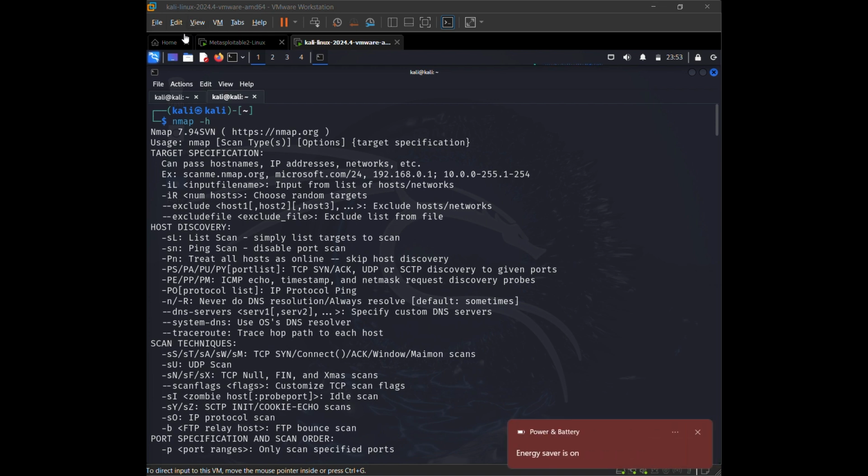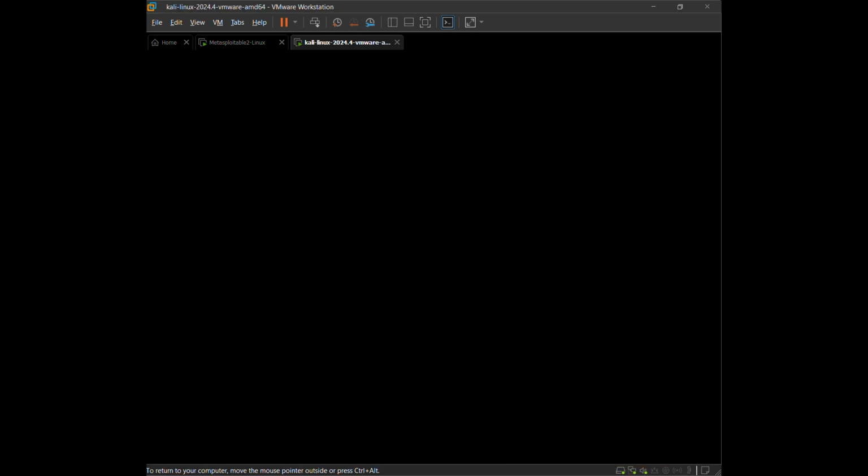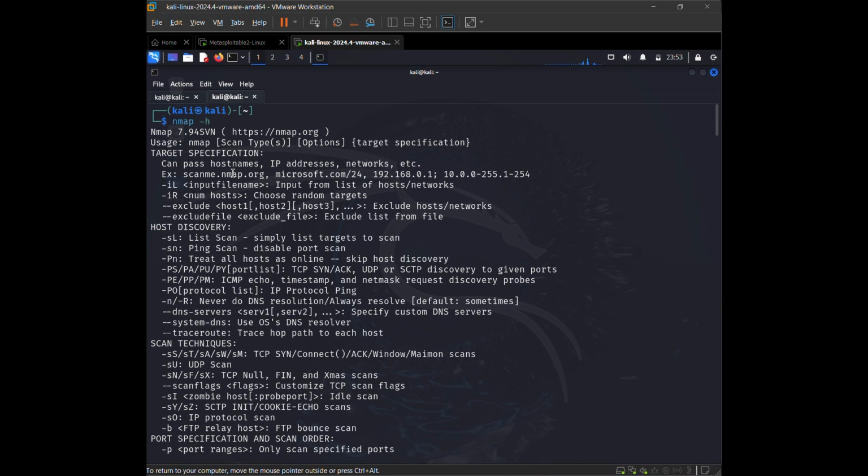In order to find out about Nmap switches, we have the Nmap help command. If we run nmap -h, we can see that there are multiple switches that we can use in order to scan our hosts. But as Nmap is a very noisy scanner, we first have to have permission in order to scan a particular target. So here I'm using Metasploitable, which is already a vulnerable machine designed to practice on.